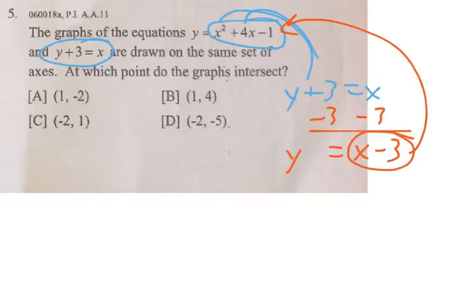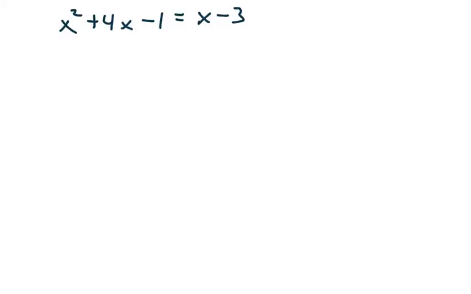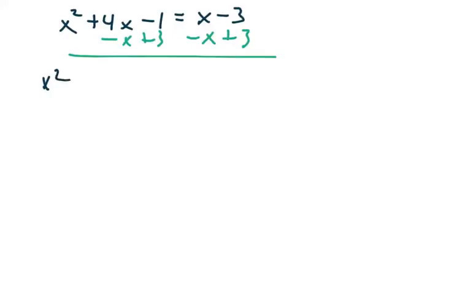Okay, so this has now turned out to be very similar to the other ones we've done so far. So here's what we have. Notice the x minus 3 is equal to x squared minus 1, right? Okay, so again, remember, we have to make it equal 0, so if you permit me, I'm going to do two things at once. I'm going to minus x both sides. I'm also going to add 3 to both sides. Okay, and let's see what I get. x squared, 4 minus 1 is 3x, 1 minus 3 is negative 2,